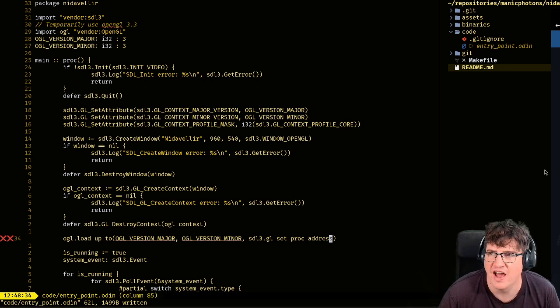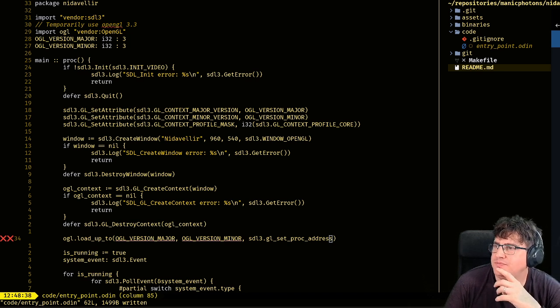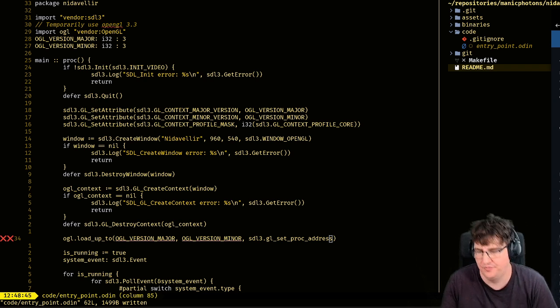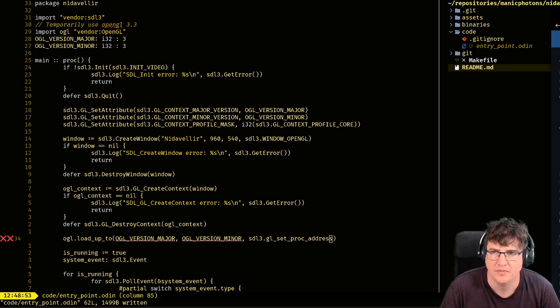Wonder if these could fail. Packages, vendor library, OpenGL, GL set attribute. Oh, whoops, it's meant to be on SDL3. I'm searching for that, GL underscore set attribute.